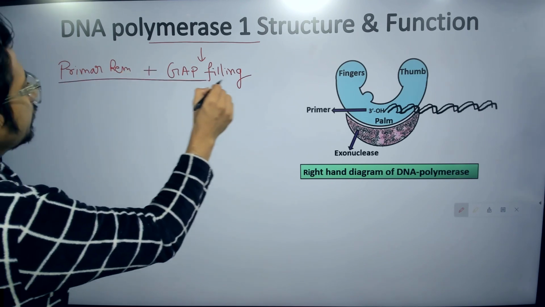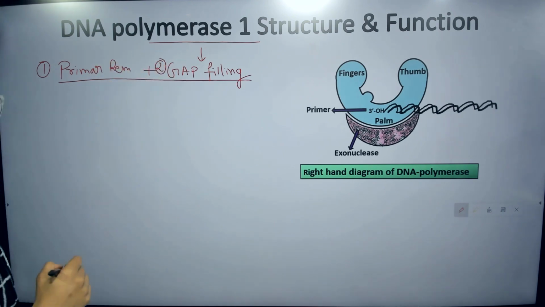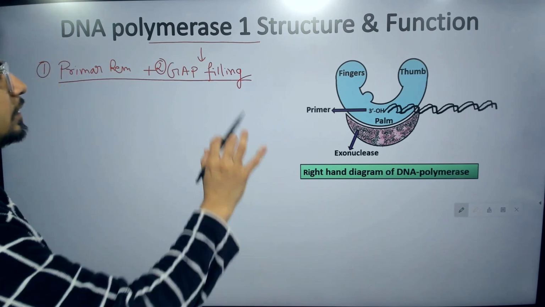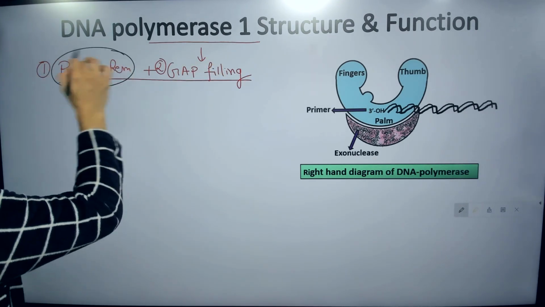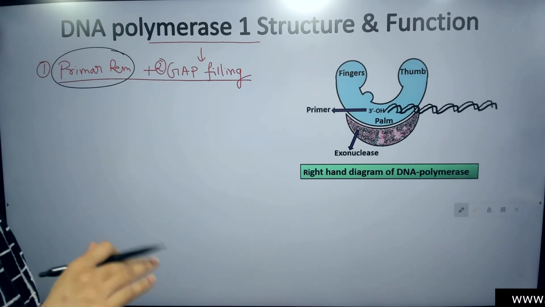First is primer removal, second is gap filling. Both of these things are done by DNA polymerase 1. The primer removal is only possible by DNA polymerase 1 because of its unique polymerization and because of its unique